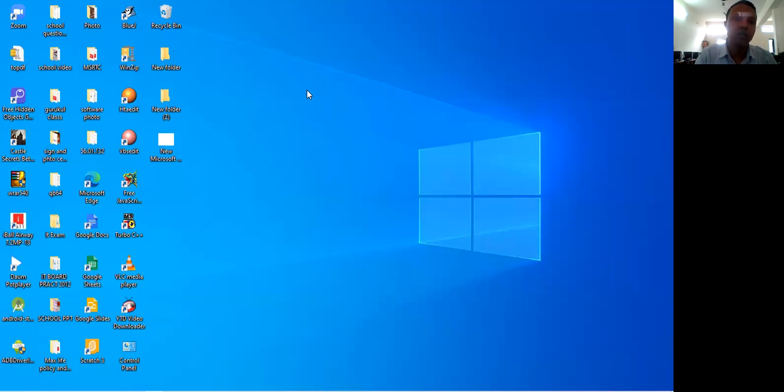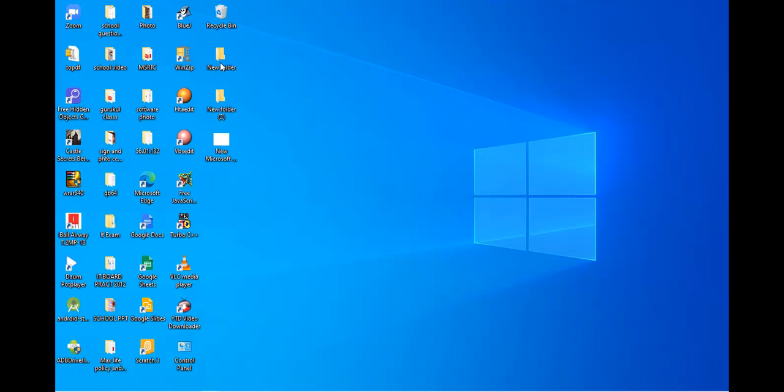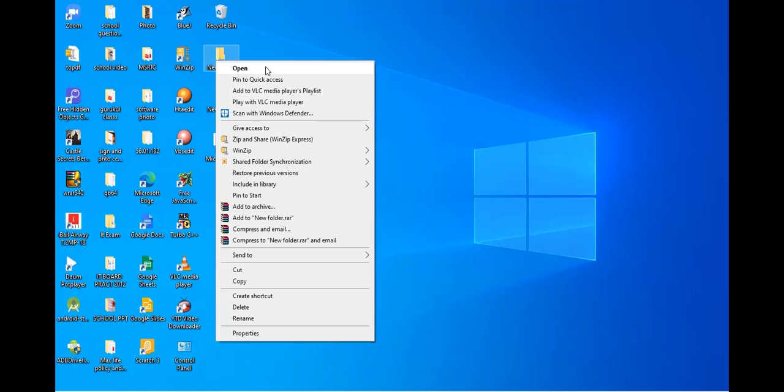First we will see, for example, we are opening one folder. I have just right clicked on that folder through the mouse. If you use the right click option of the mouse, that is called an input.